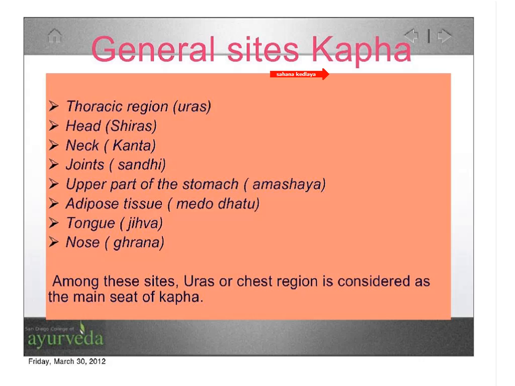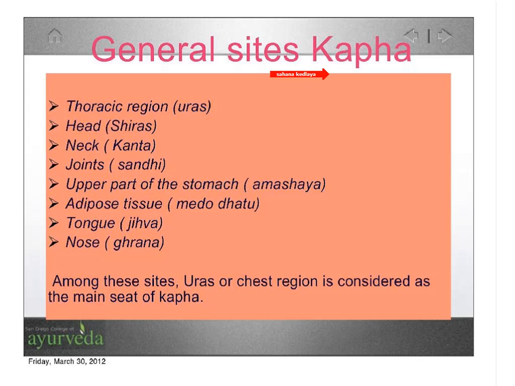So these are the general, important sites told by the acharyas. But as we already studied in the previous classes, Kapha can exist from the microscopic, microcellular level to the gross level. So at each and every point we can find Kapha. Wherever there is a presence of the water and earth elements together, we can consider it as Kapha. For example, if you take a cell, the solid structures present inside the cell, maybe mitochondria or Golgi apparatus, all those structures can be attributed to Kapha.